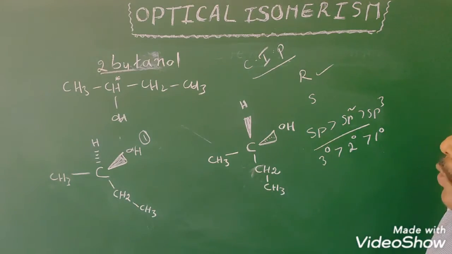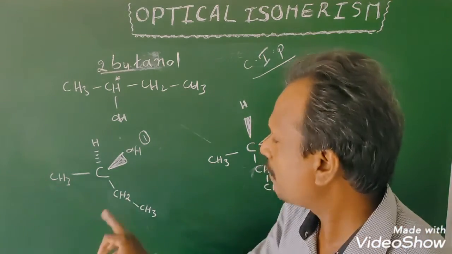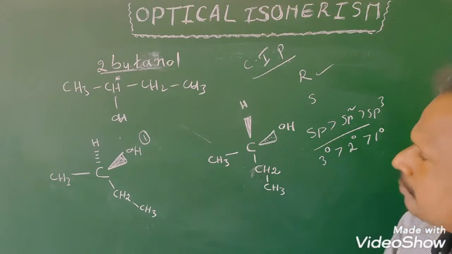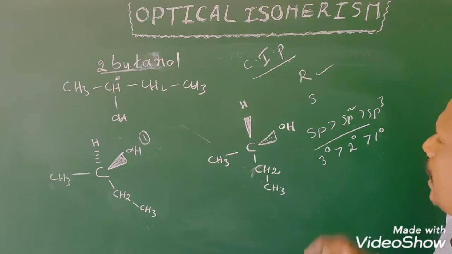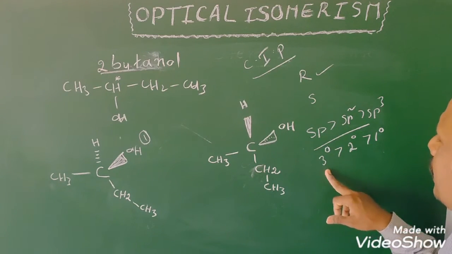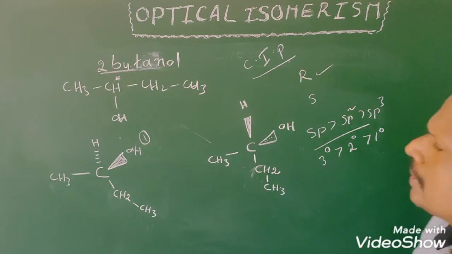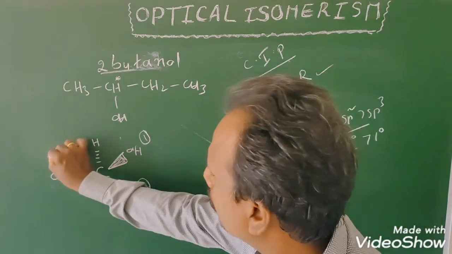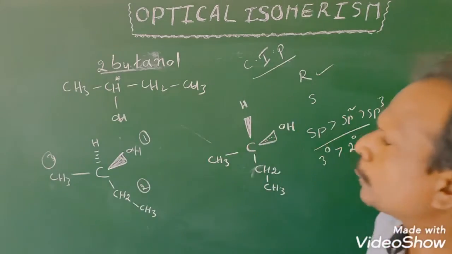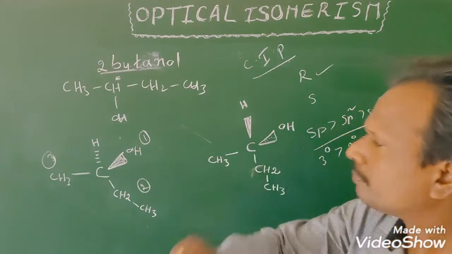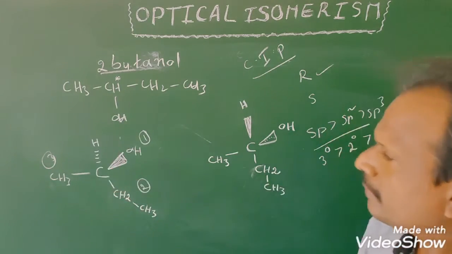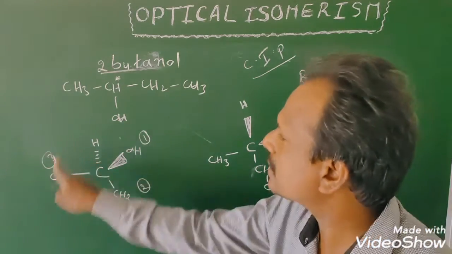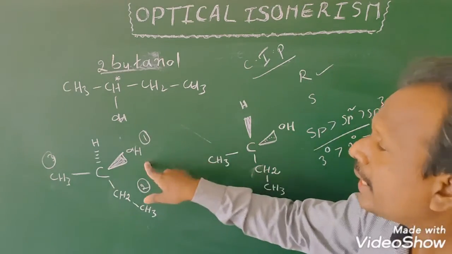In the case of hydrocarbons, if the atom is the same, check the hybridization. If hybridization is the same, then the nature of the carbon. Tertiary has more priority than secondary. So this is 2, this is 3, and H is the fourth group. The fourth group is ignored. Then what is the numbering? 1, 2, 3 are clockwise. This is the wedge-dash method.